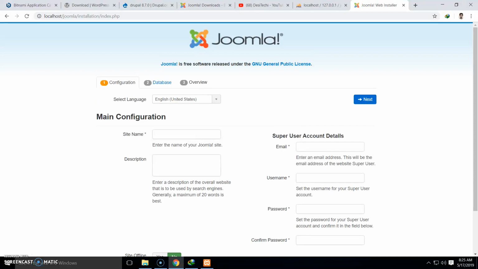Here you can see Joomla configuration page. So first of all, you need to select the language, then select your site name. I am going to choose to create a blog.com.